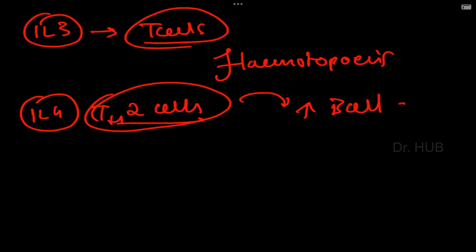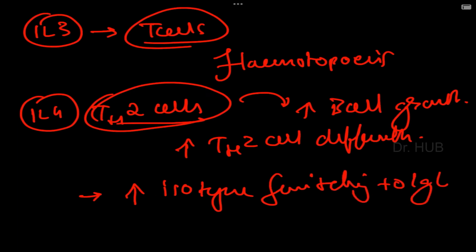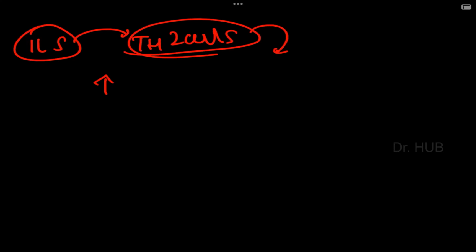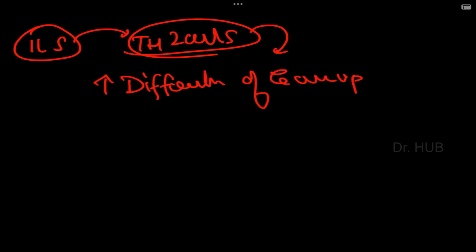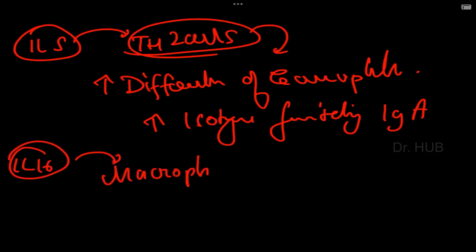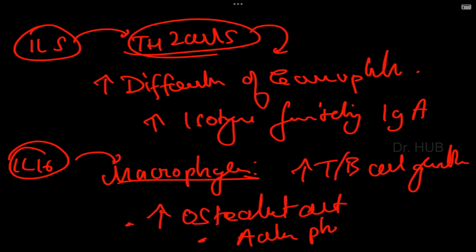IL-4 includes Th2 cells, an increase in B cell growth, an increase in Th2 cell differentiation, and an increase in isotype switching to IgE. IL-5 includes Th2 cells and an increase in differentiation of eosinophils, and an increase in isotype switching to IgA. And interleukin 6 includes macrophages and an increase in T and B cell growth, an increase in osteoclast activity and acute